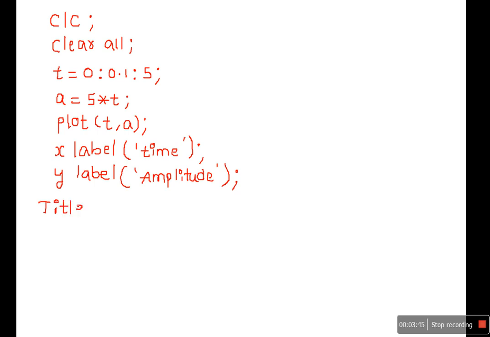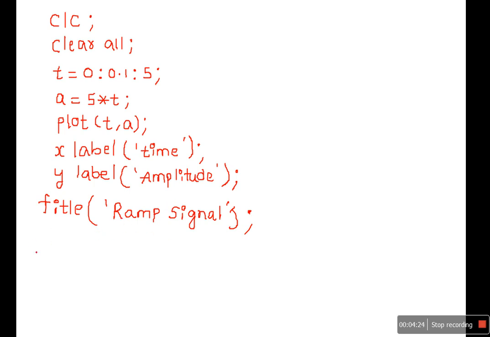Next the title of the signal, the title of the graph what we are generating, should also be given. So what is the title? As it is a case sensitive language we have to give the values very particular. So small t title we have to take. So what is the signal? Ramp signal. So it is a continuous signal. If you execute this program you will come to know it is a continuous signal because we are using a plot statement over here. So this is a ramp continuous signal. Now the end statement is given. So this is a simple program to generate a ramp signal.